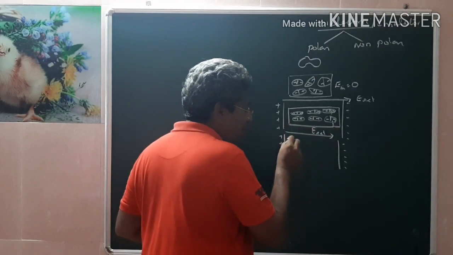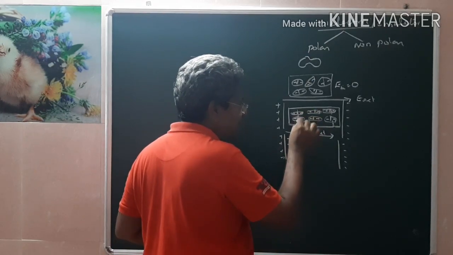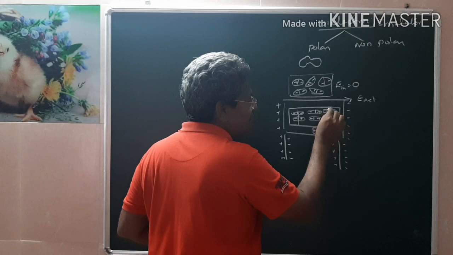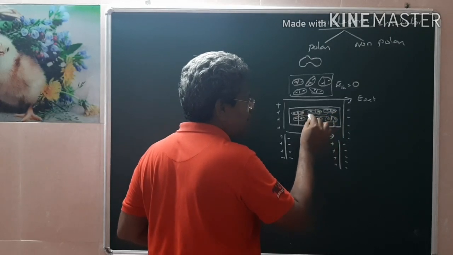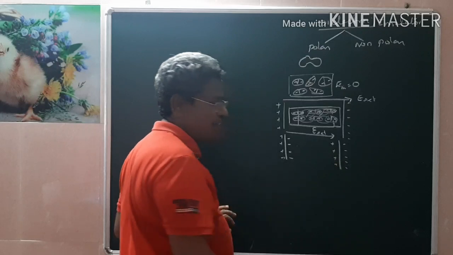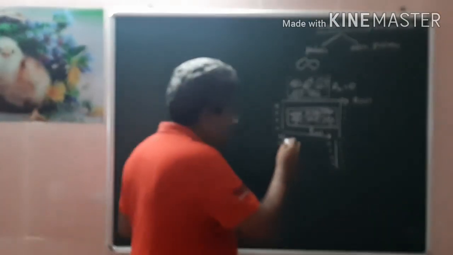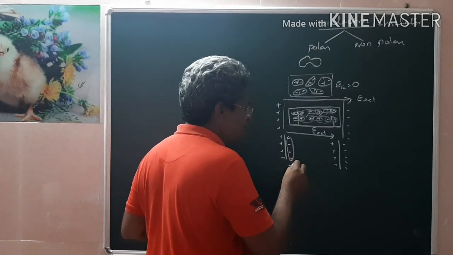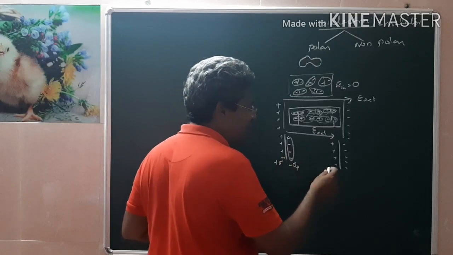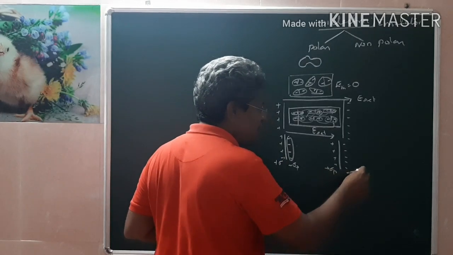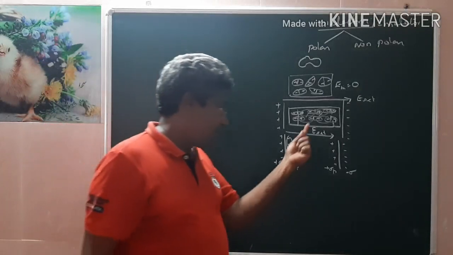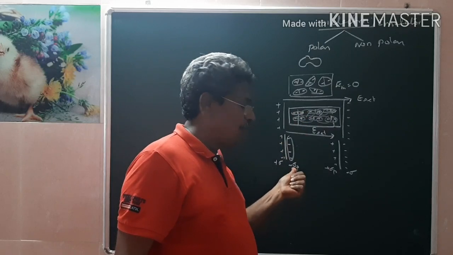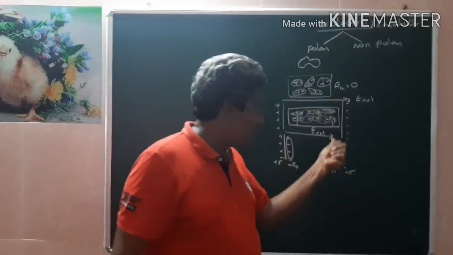Now all the induced negative charges will be on this side, and all the induced positive charges will be on the other side. The negative and positive charges inside cancel, therefore inside there won't be any charges. But externally, there will be small charges. These are called polarized charges, minus sigma p and plus sigma p, where we apply plus sigma and minus sigma. Within a dielectric, only at the extremes there will be polarized negative and polarized positive charges.